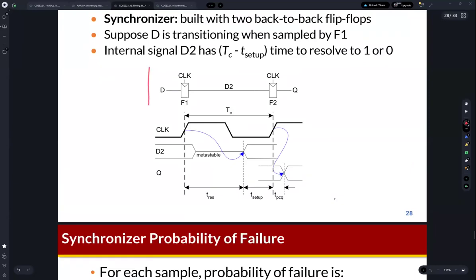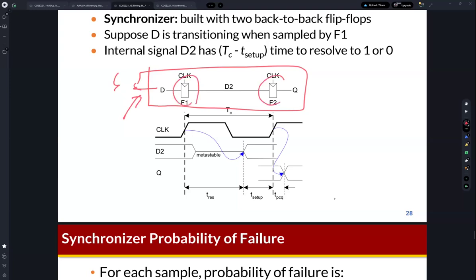If we use back-to-back D flip-flops like this, this is the input from the outside of the system, an asynchronous system, and as you can see, you can find the back-to-back D flip-flops. This is the output of the back-to-back D flip-flops. If we use them, then we can reduce the probability of metastability, the unstable output from metastability. It is because